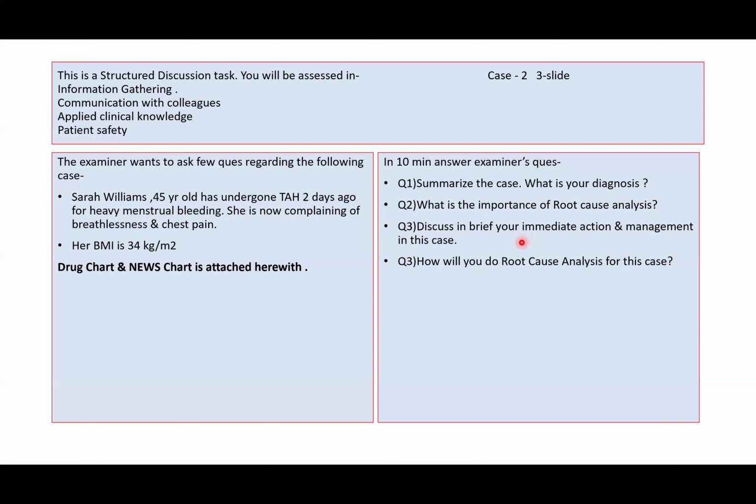And then I would like to do the root cause analysis of this patient, where I'll first of all see whether the incident reporting has been done, and this case has been decided for investigation, and this will take around 72 hours. Then a team will be formed, comprising the clinical lead of the root cause, the physician, the consultant, and all the care members involved in her care, like all the staff, and they will be interviewed regarding